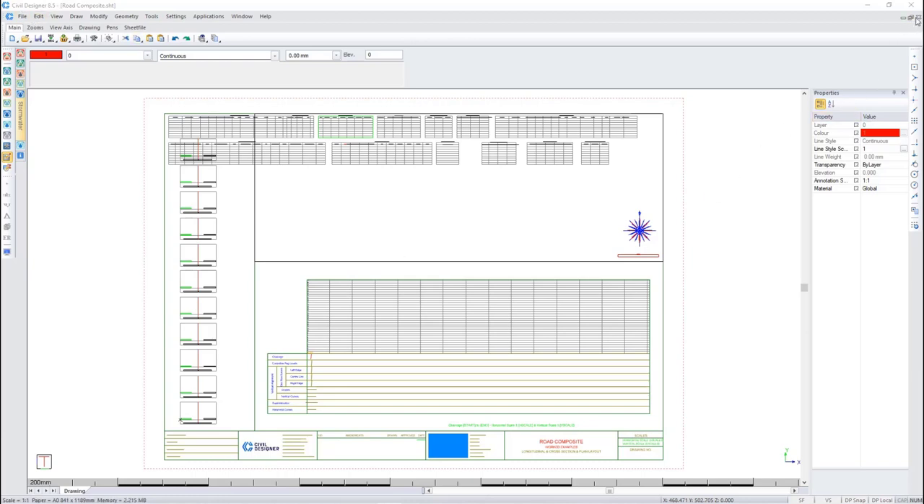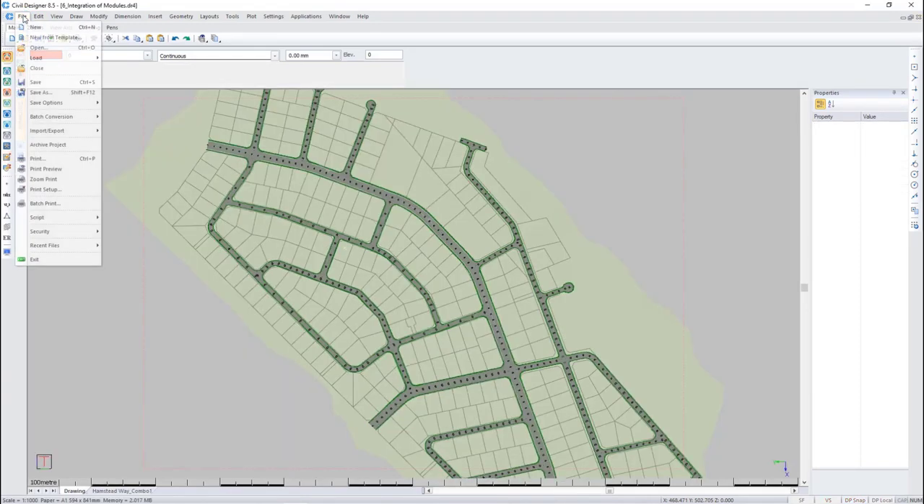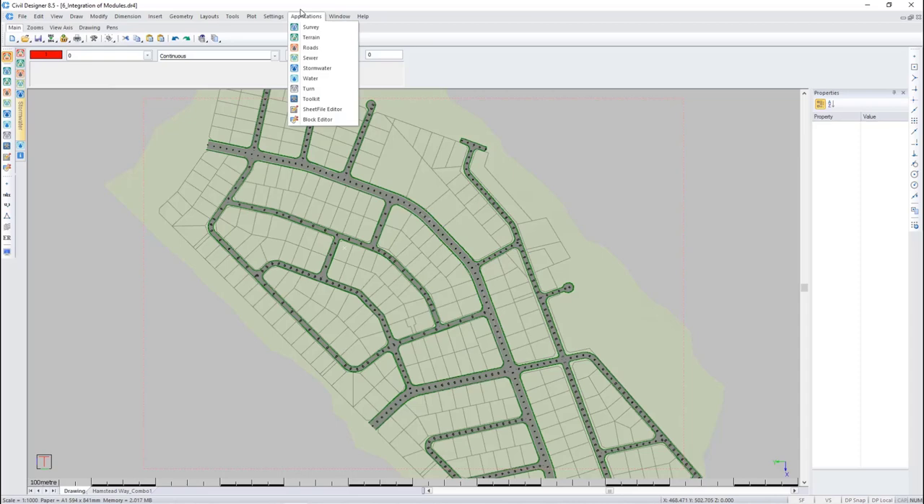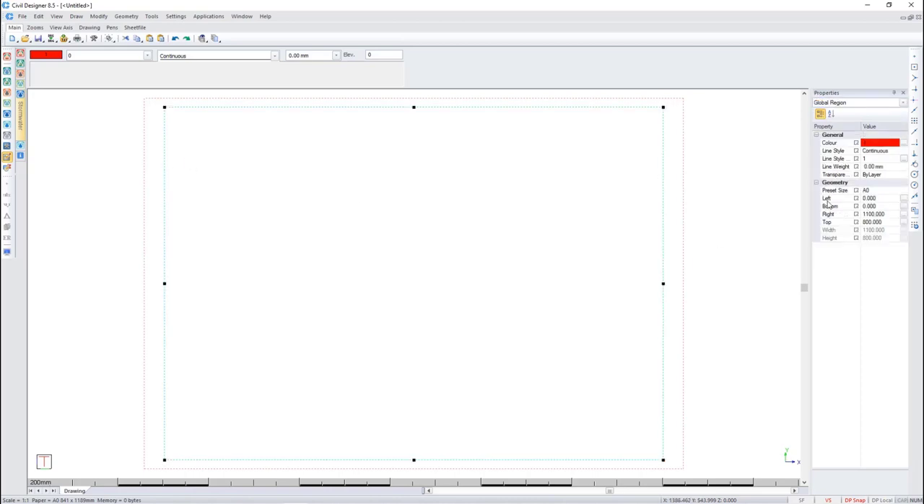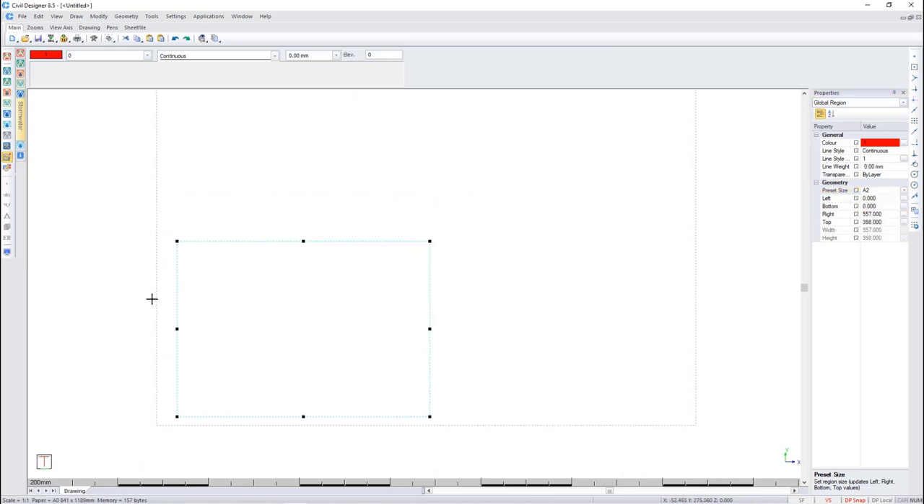So we'll close this one down, and I'll go to Applications, Sheet File Editor. If we select the global region, you'll see now we have this preset paper of A0. You can go and change it to say A1, just to have an idea of what an A1 area looks like. We are not going to give you the absolute limits of the A1 or the ISO paper sizes, because